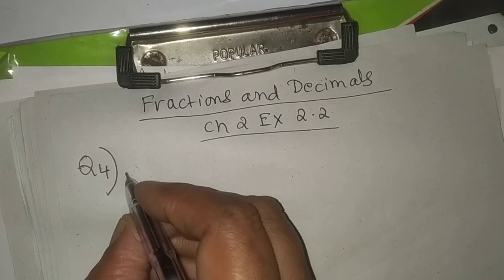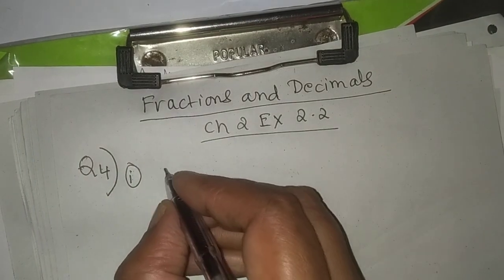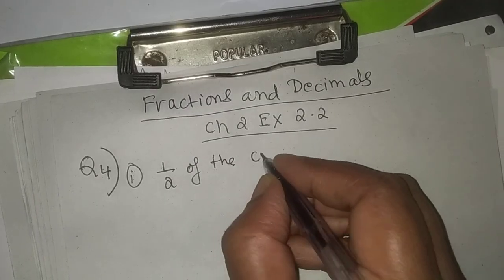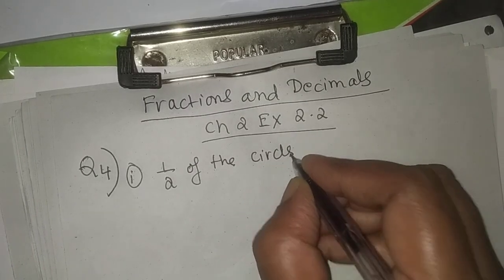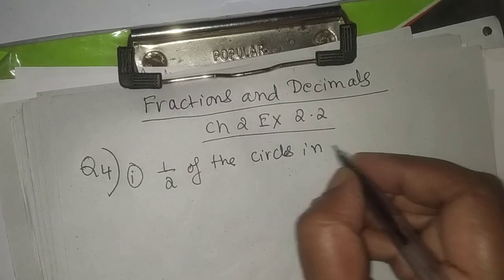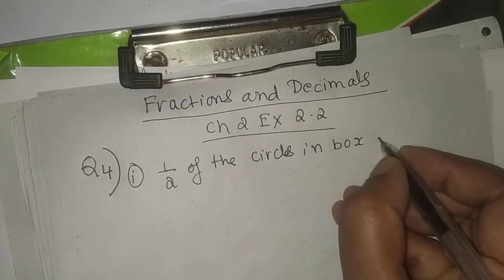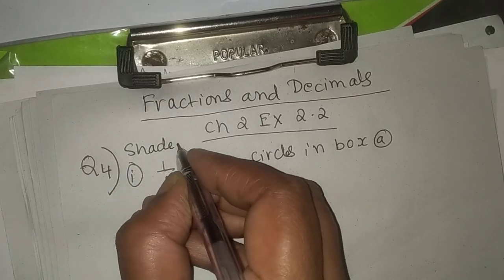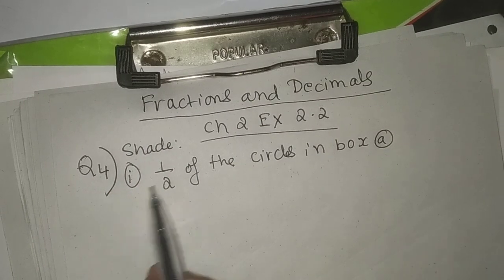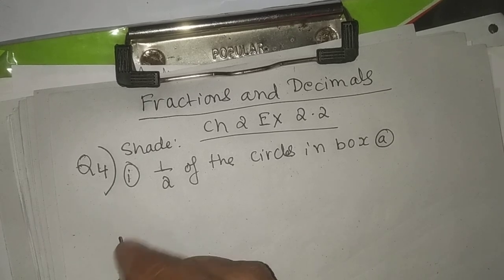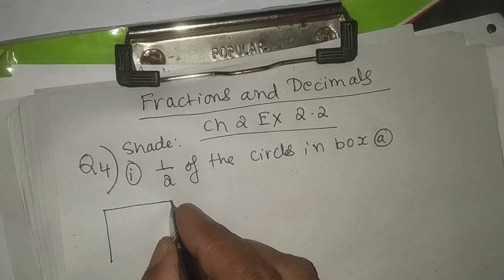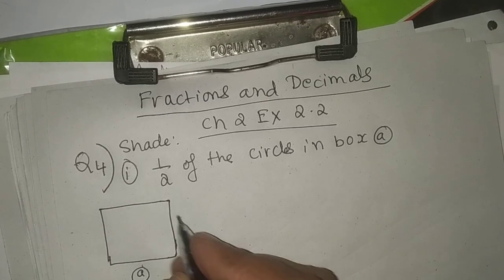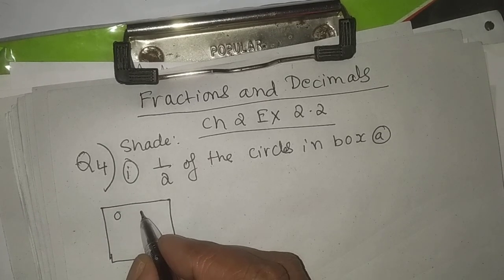Question 4, we have first one, that is half of the circles in box A means shade. First topic is shade, and the first problem is half of the circles in the box, shade half of the box. So this is the box given, or the figure A, or the diagram A, which contains